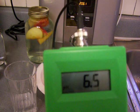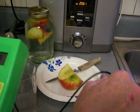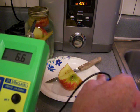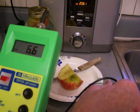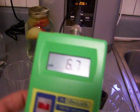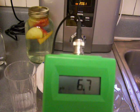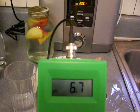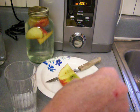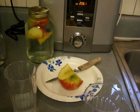The ORP of the acidic water I don't typically test because it's very hard on my ORP meter. So I avoid it. For any people who are wanting to get ORP meters, there's a lot more to these than it looks, it's not easy. Alright, so this is only lightly acidic, 6.7. Hold on, that just seems too weird. Hold on. Let me...